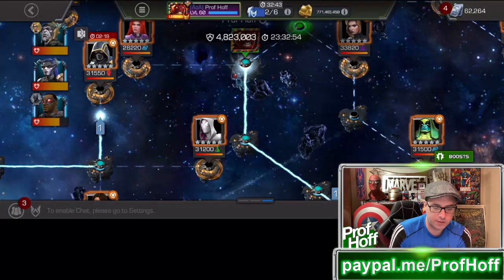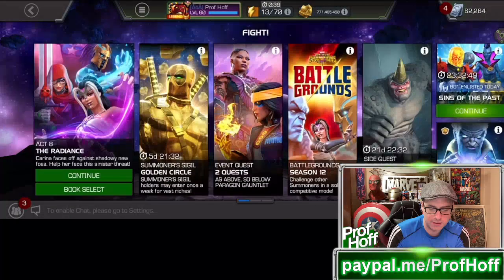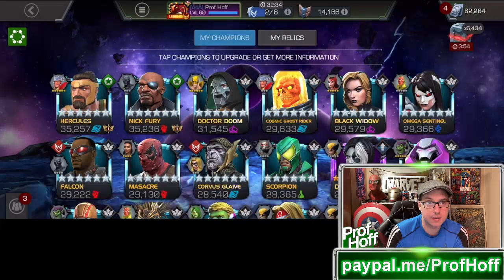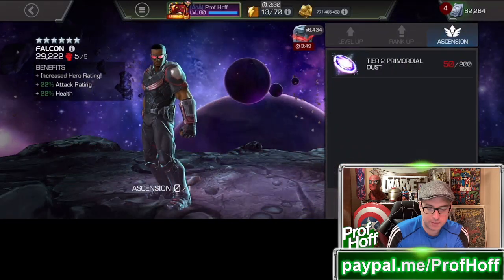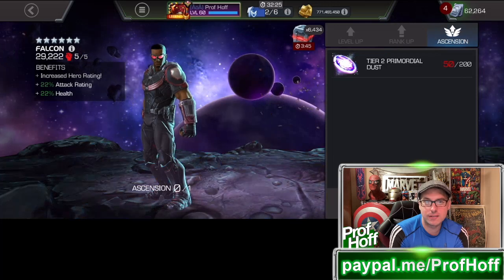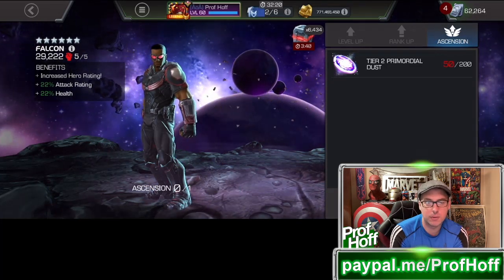And going forward, I really do think I've got 2 champions that are ascended so far. And one of them is, of course, a skill champion. It's Nick Fury. But Falcon will be my next ascension. And part of me is tempted to do the impulse purchase of more Tier 2 Primordial Dust, but I just don't want to make it a habit